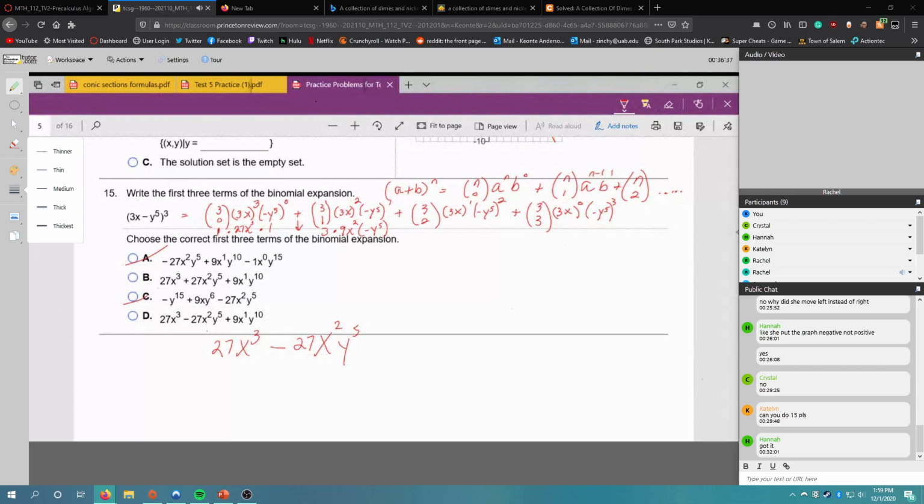So 3 choose 2 is also 3, times 3x to the 1st power is 9x. And then negative y to the 5th squared is positive y to the 10th, because negative squared makes it positive. So that will be plus 9x to the 1st, y to the 10th. And it asks just for the first 3 terms, so I actually don't need to go on any further. So now I know that